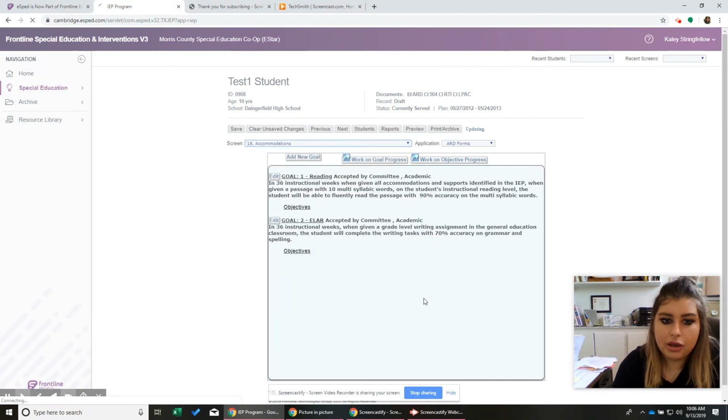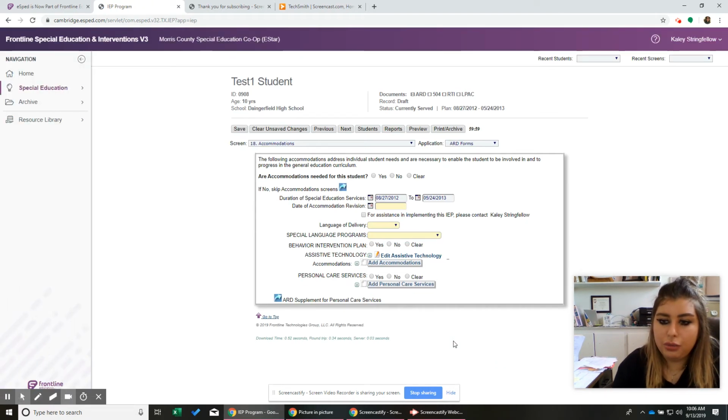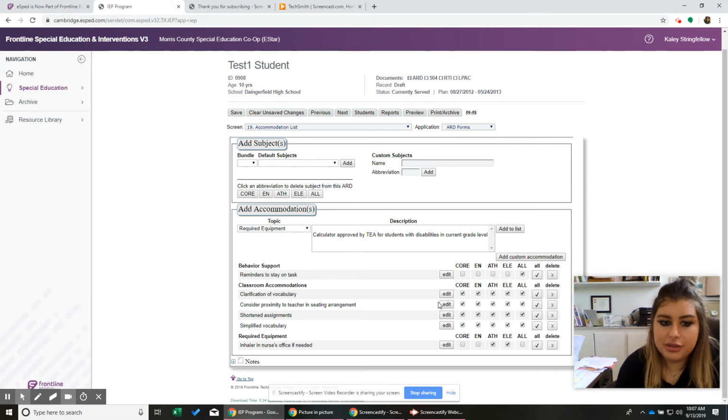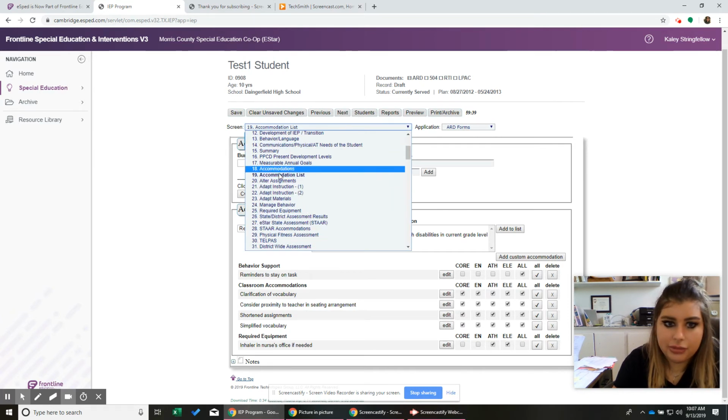And they'll say, okay, we're going to talk about what we're offering, how we're supporting the student in class through accommodations. Then I'll be like, did anything change? And you're going to say, no, it's all the same as last year. Or you're going to say, no, it's all the same except we added the inhalers in the nurse's office just so it's on paper. And then I'll say, okay, is that okay with everyone? Does everyone agree? Parent, is that okay? Do you have any questions? And hopefully they're like, no, that's great.